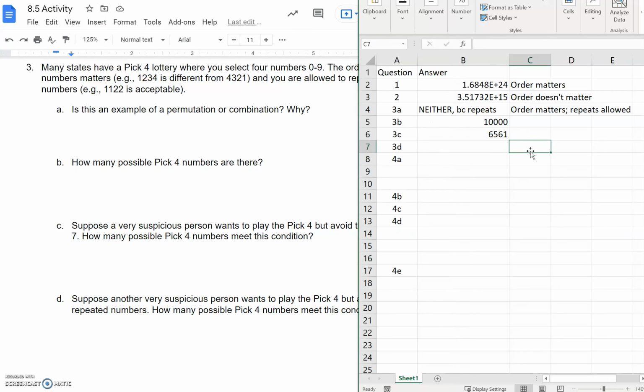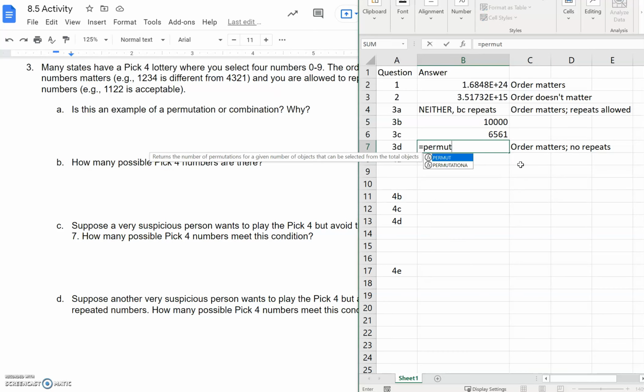So now we're saying, okay, order matters and no repeats. That sounds like a permutation, right? So we're going to say, okay, cool, equals permute. And then we're going to say, well, out of the 10 numbers that we have to choose from, the 10 digits, 0 through 9, we're going to select 4 of those. Again, no repeats when we're doing a permutation. Permutations say the order does matter. Okay, so we get